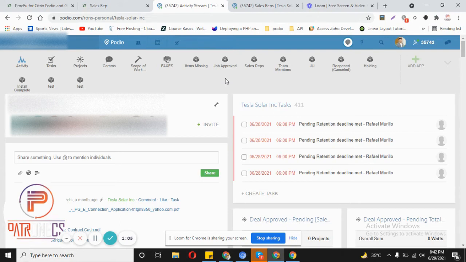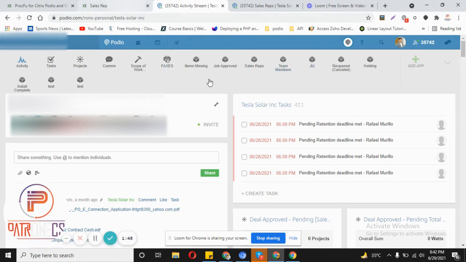Sometimes we don't want to share all the data present in these apps. We just want to show them the projects app, or give them access to the sales reps app, just as an example. In that case, there is no solution while staying in Podio to resolve this particular problem. So here Procfu can help us. How can we achieve this? We can create Procfu mini apps. Those apps will have access to only particular apps which are present here.